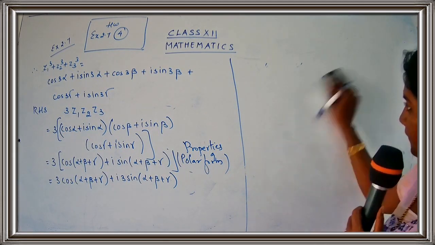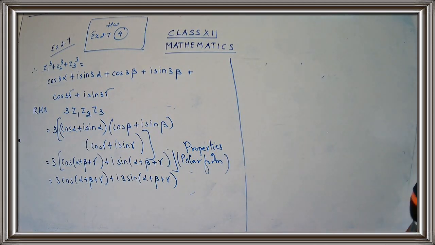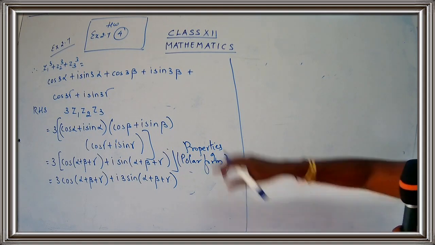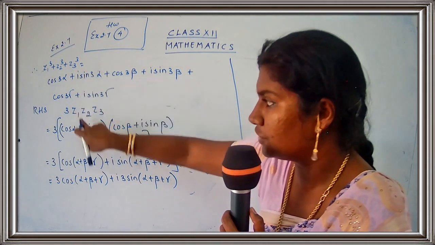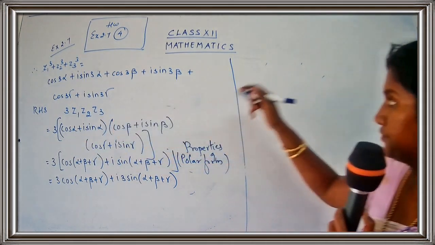So I'll say, therefore, what was that first part? This part is equal to this part. Z1 cube plus Z2 cube plus Z3 cube is equal to 3 Z1 Z2 Z3. So I'll put here, therefore,